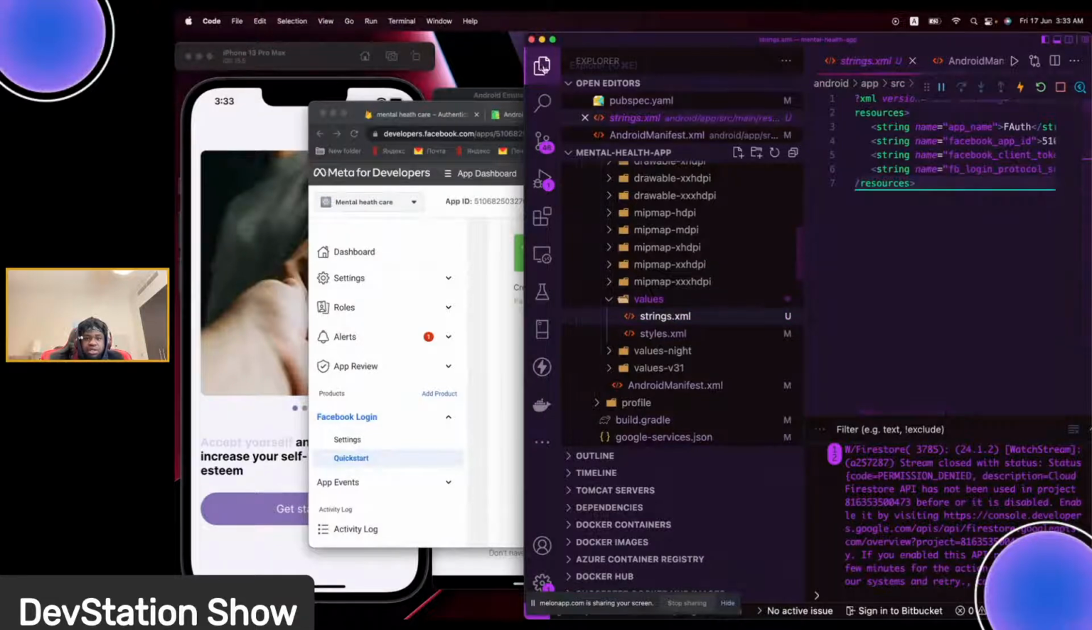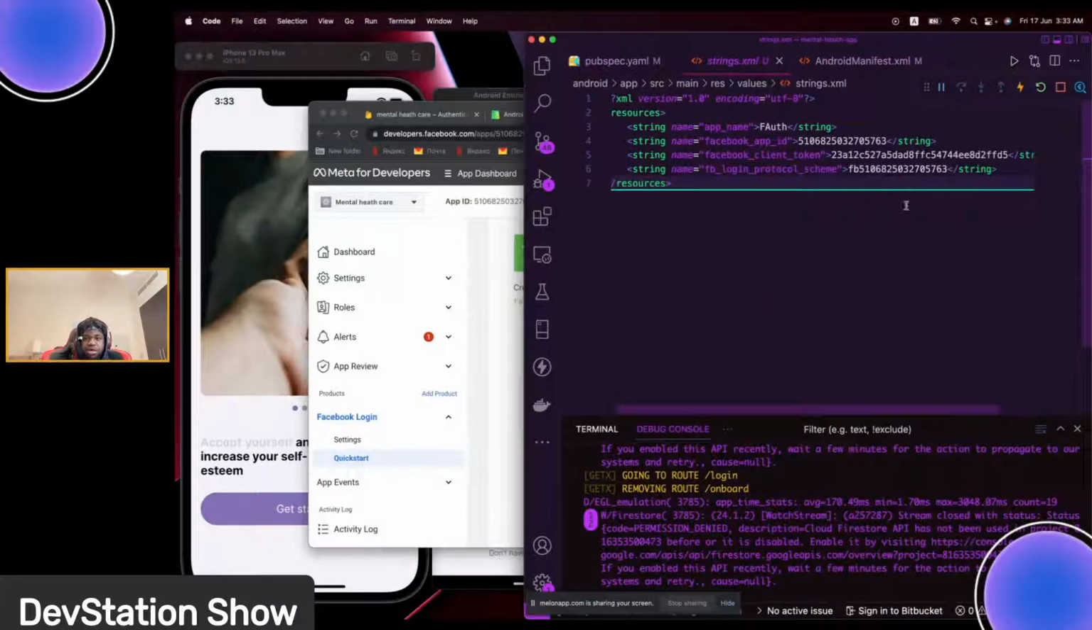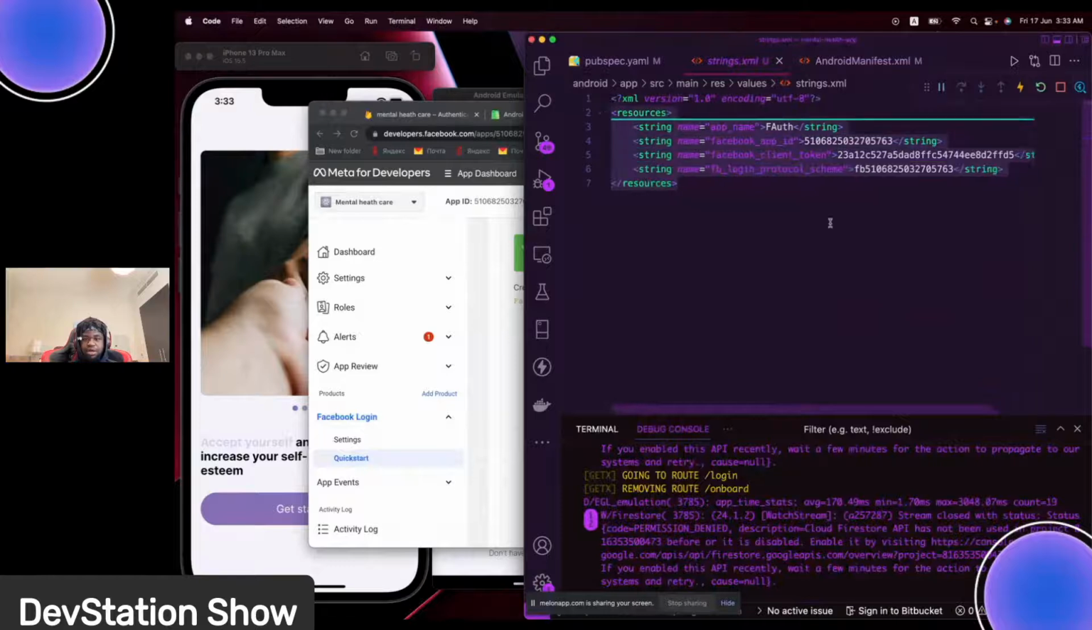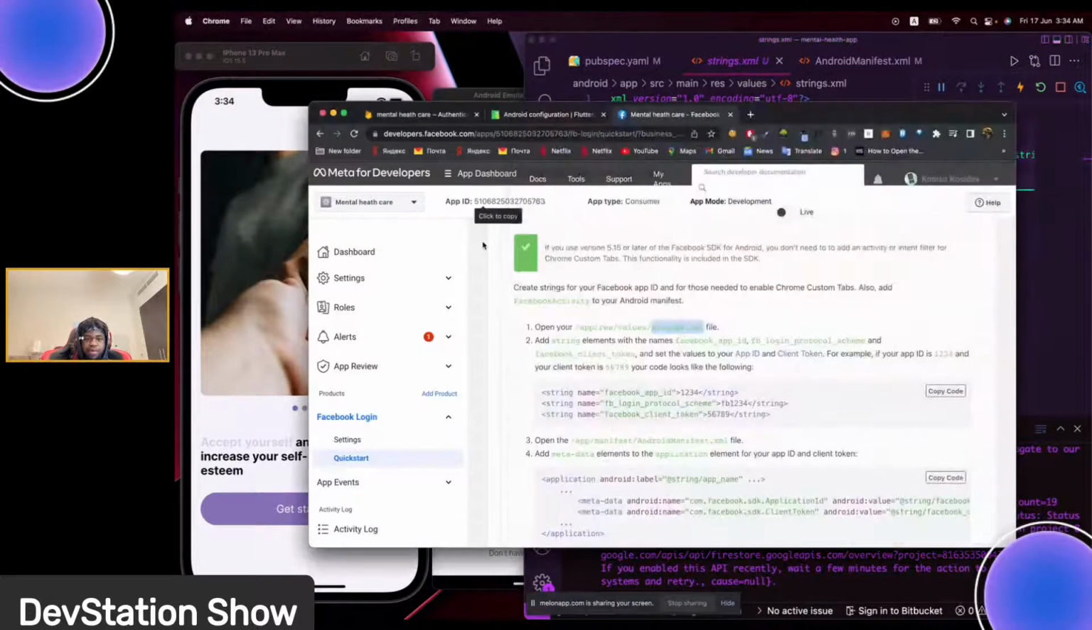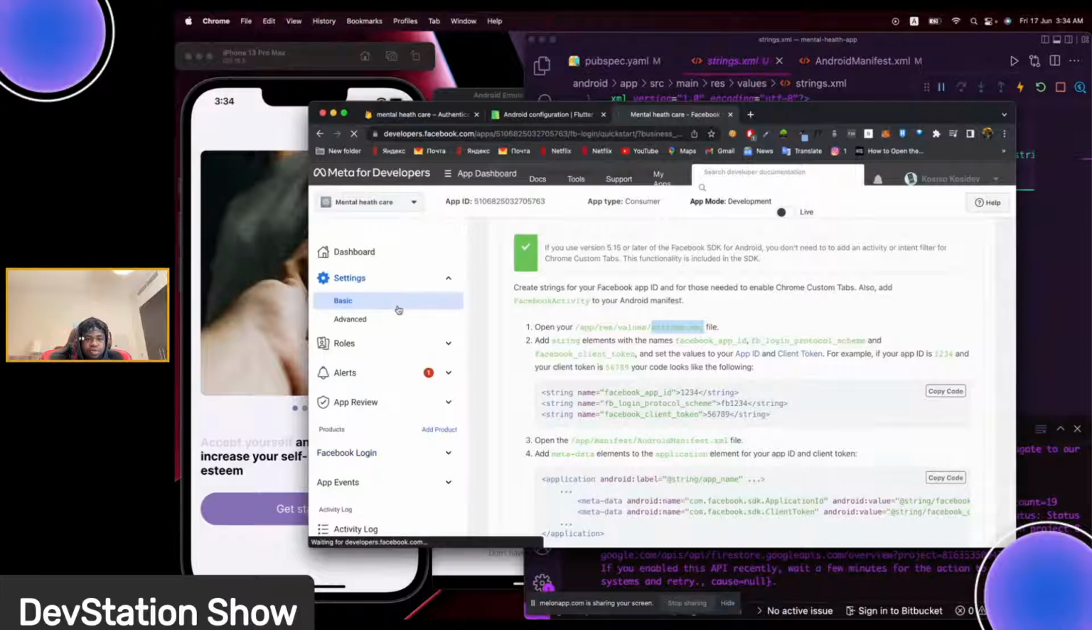Once you create it, make sure you add all this stuff in here. Make sure it's looking like this, and you have to replace this section with your app ID. This is mine. You have to replace it with yours. Then the client token, you have to replace it with yours. So where to find these two? You can find them from your app. This is your app ID. Then your client token will be,